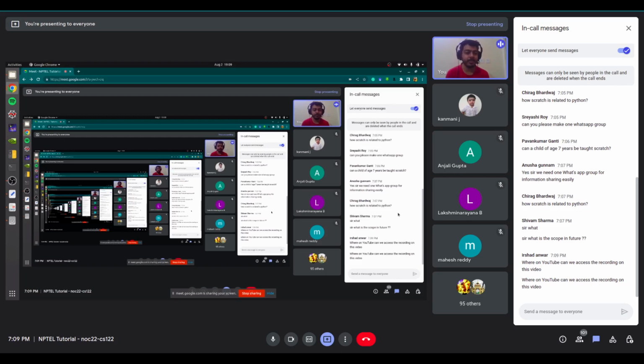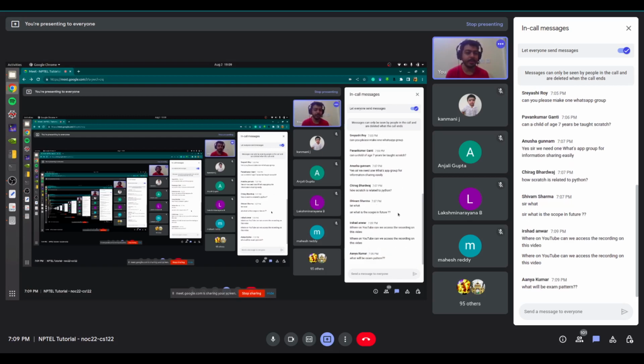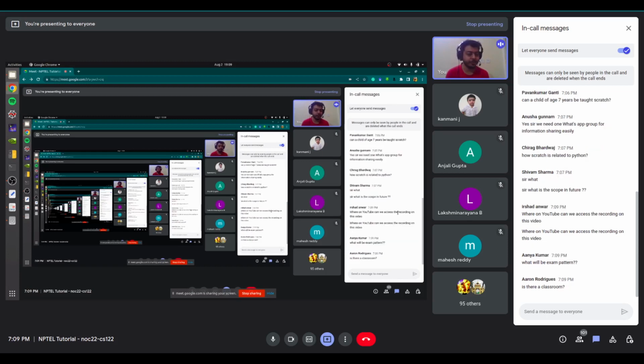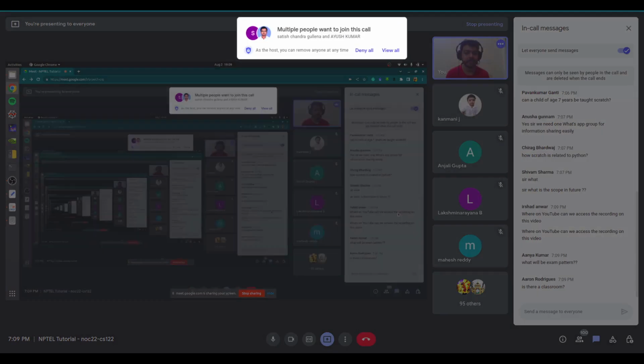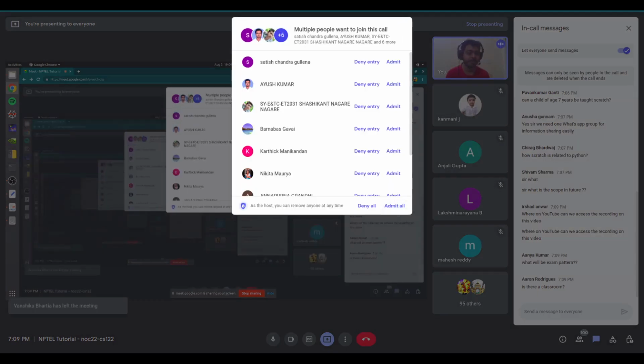This week all of us will be covering week 1 contents, and next week we will be covering week 2. You can join any of the sessions if you see that one of the sessions is full, because Google Meet only allows 100 participants. If you cannot join one session, you can join the other sessions. And if you have already joined a previous session, say the Friday session, then you need not join this session, and allow others to join. That would be good.